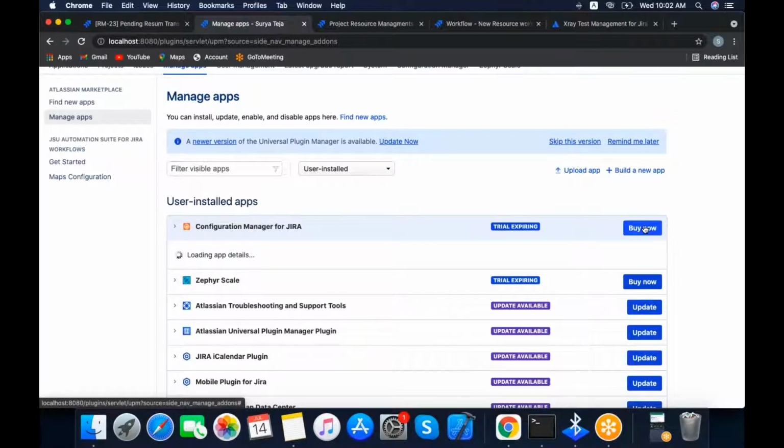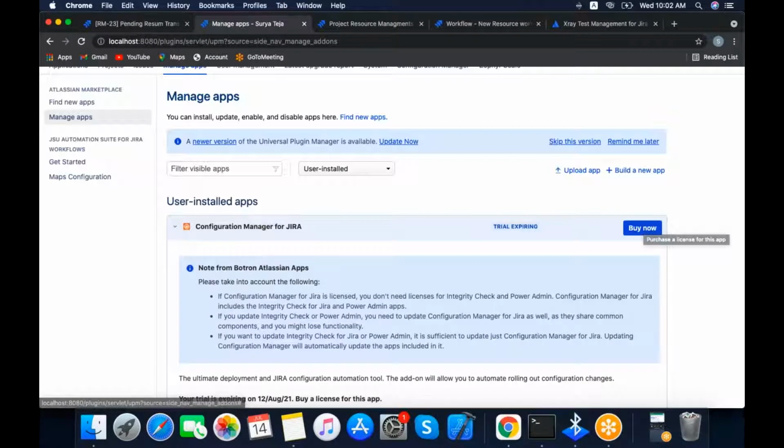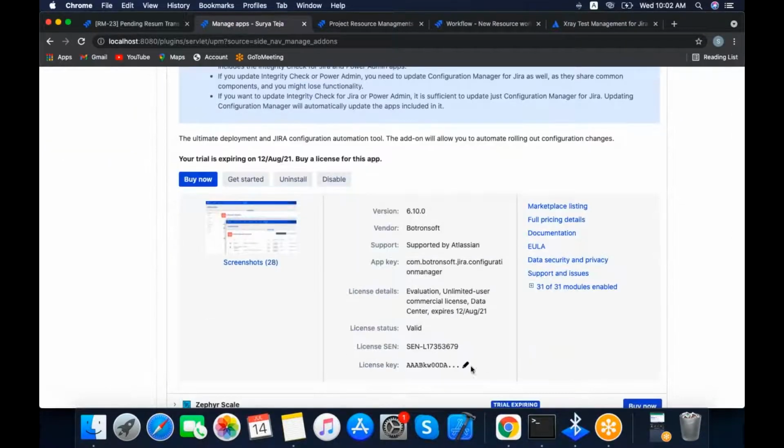There is a buy now option, which you will get when your trial has expired. Here also, you will see that on 12 August 21 the trial will expire. After that also, you need to generate it the same way, as I explained in the previous class. Go to myatlassian.com and from there you will get this add-on, update it, and use it.